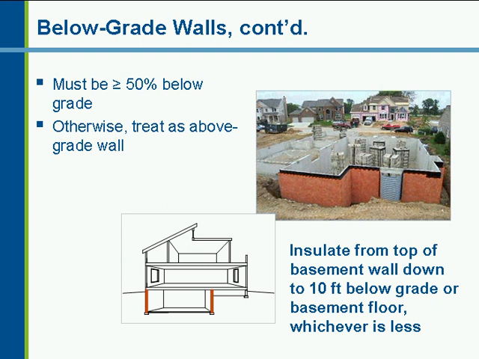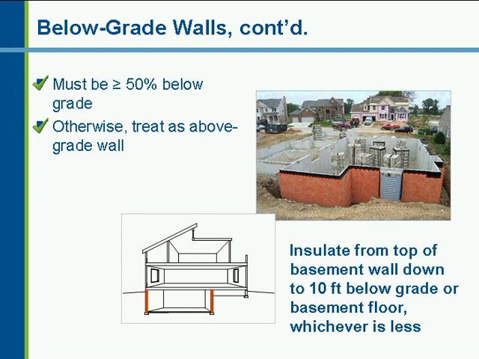Note that the definition of a below-grade wall in the IECC is any wall that is more than 50% below grade. We'll talk more about that here in a second. If the wall itself is more than halfway above grade, it's going to be required to meet the R value requirements for an above grade wall. The insulation depth must go down all the way to the basement floor or 10 feet below grade, whichever